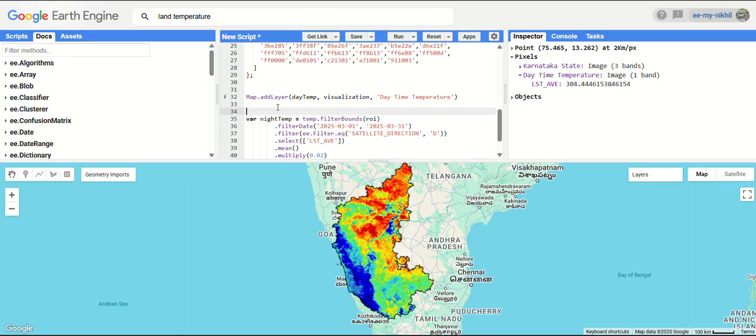So if you want, you can again comment this. It's a good practice to always comment down whatever you are writing, because as soon as you write more lines of code, you will forget what you have written in the upper section. So if you comment down what you have done in the below columns, it will be a good practice. So I am commenting it down as nighttime temperature, and